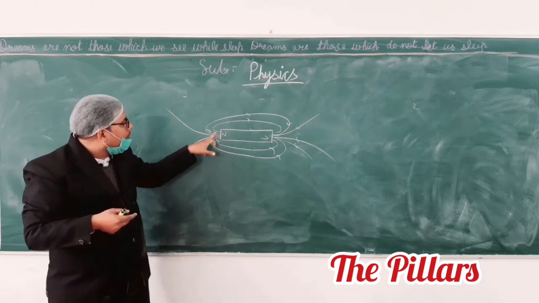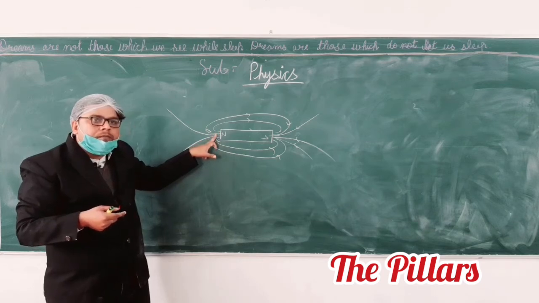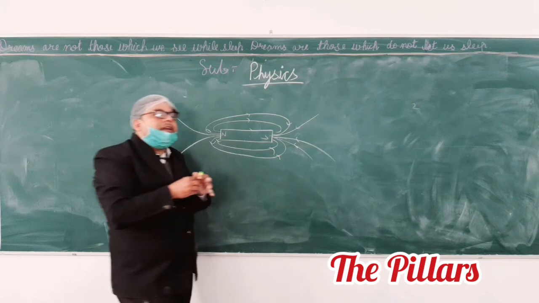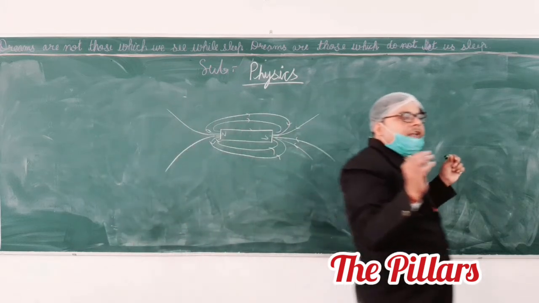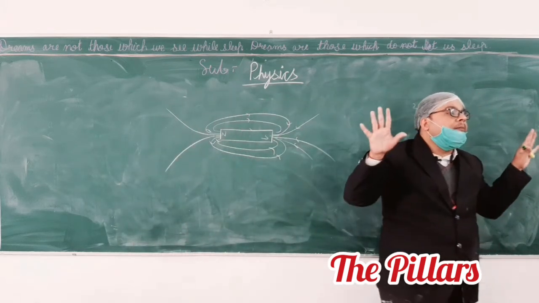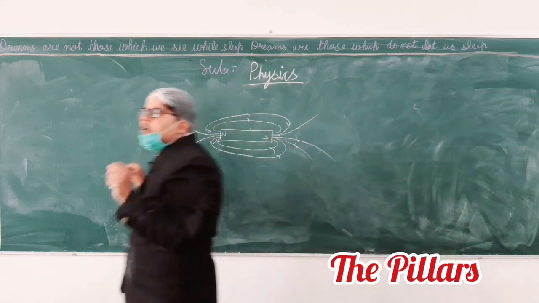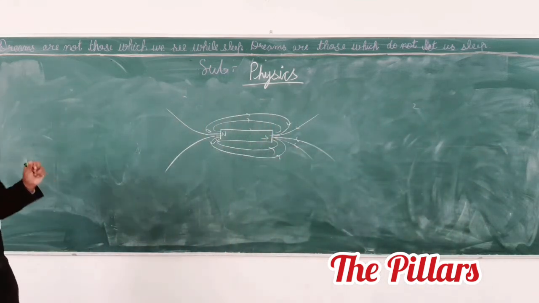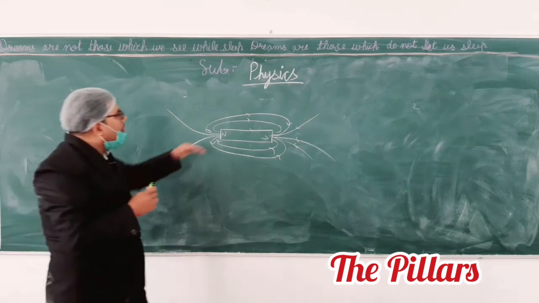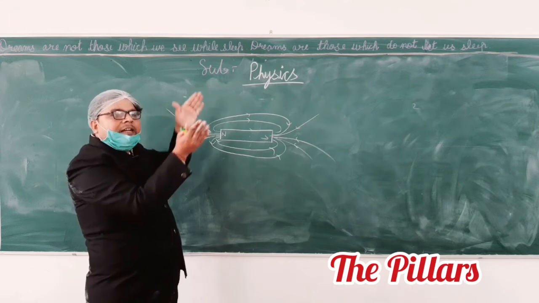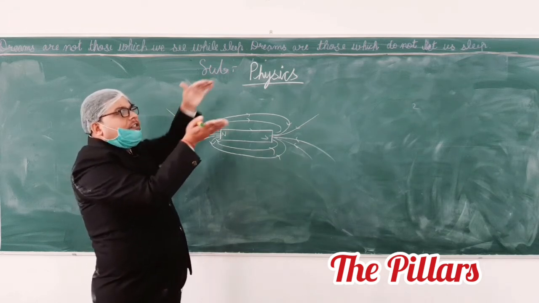Means near the poles we are getting a stronger field or not? Yes, sir. See? So this question is asked: in the magnetic field due to a bar magnet, where is the field maximum? It is near the poles. The strength is maximum. Is it okay to all of you? As you go far from the bar magnet, the lines will diverge. This magnetic line of force will diverge. It is going like that.